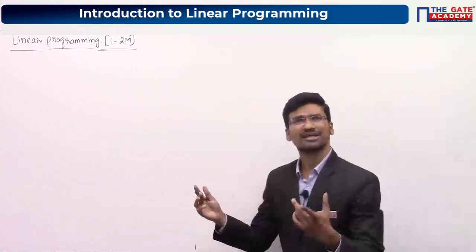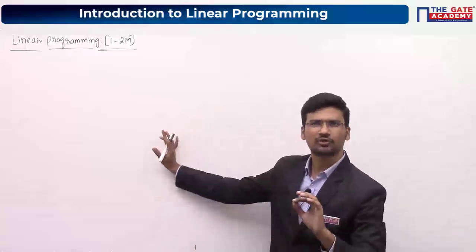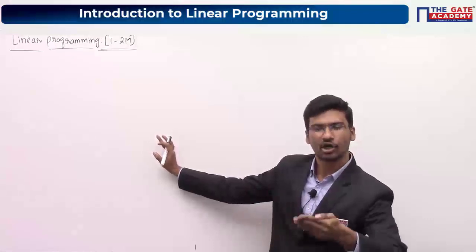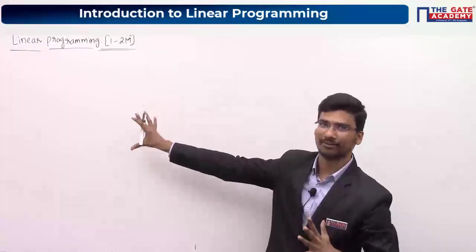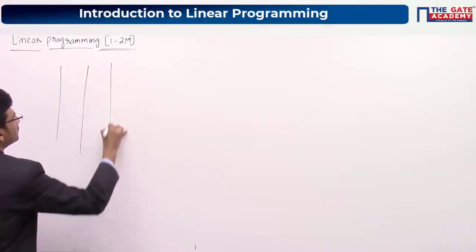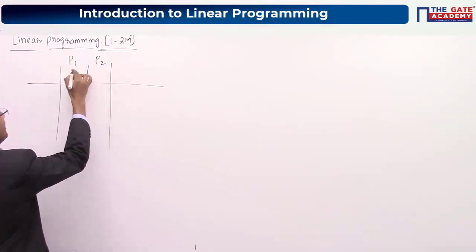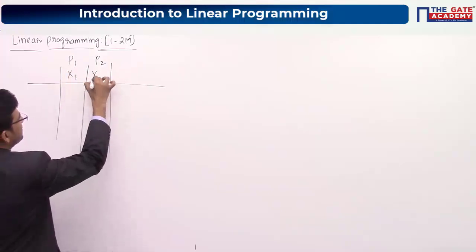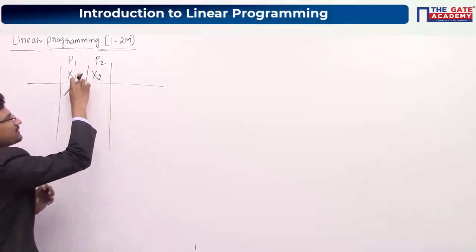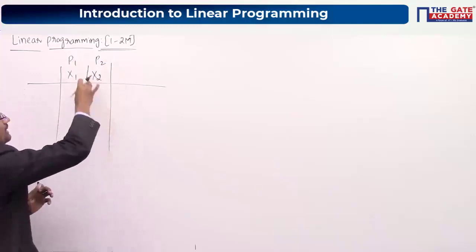And whenever you see these types of questions, follow a tabular method which we are going to discuss now. If you follow this tabular method, you can easily solve any type of question, or you can easily write the objective function and constraints. So listen carefully. Here I am taking P1 and P2. Number of units of P1, let us say X1, and number of units of P2, X2. So we'll be using this X1 and X2 only. In these columns I am taking X1 and X2 values.